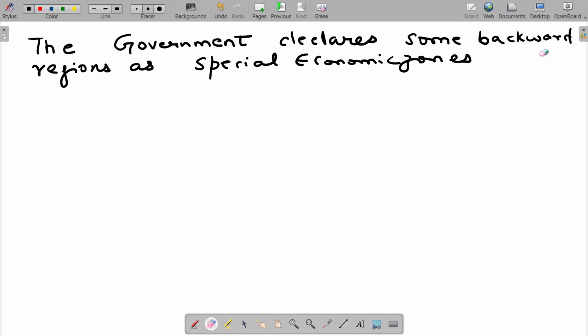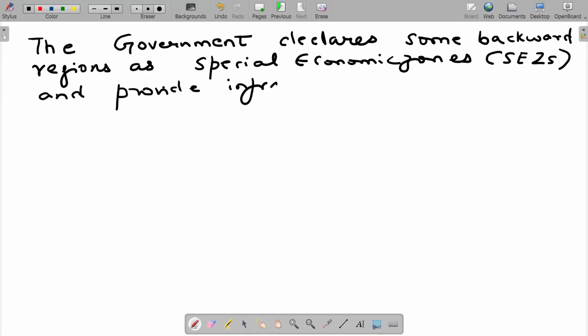We should all know the short form, SEZs, special economic zones. Within the special economic zones, the government provides infrastructure such as